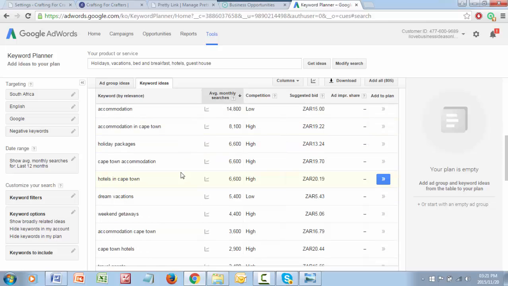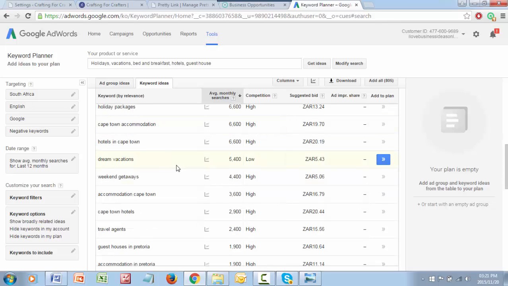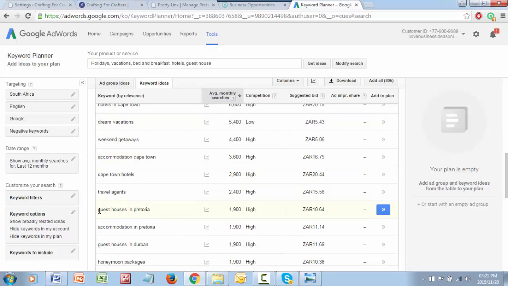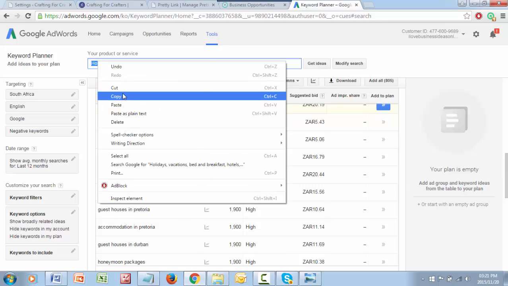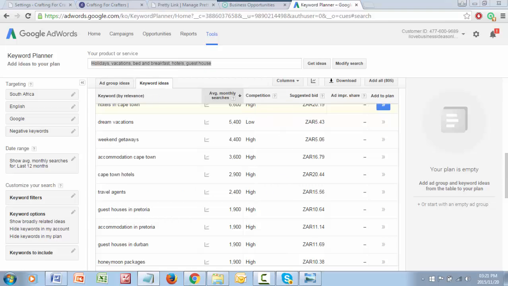So it would appear that to use the actual word guest house, you want the best one, you're going to be in Pretoria. Let me see what the potential is for that. So this is already a long tail keyword. I'd actually like to save all of these. So let me go up here and copy this first, in case this idea of mine bombs out and Guesthouse Pretoria only has one search.